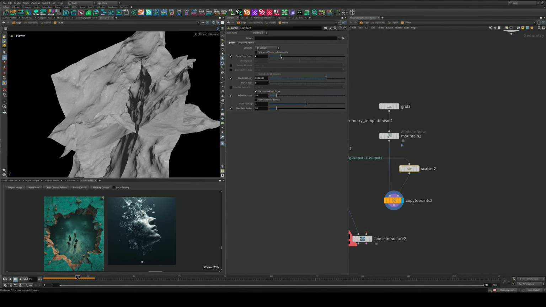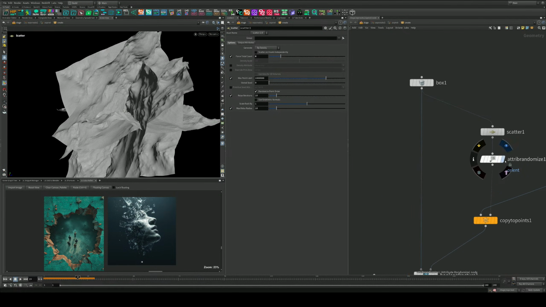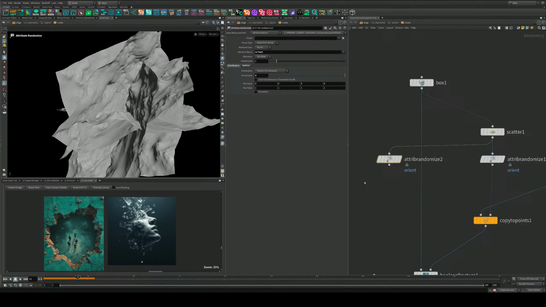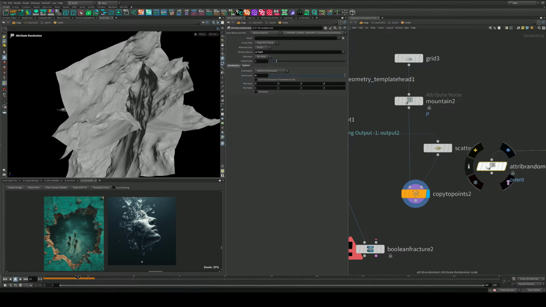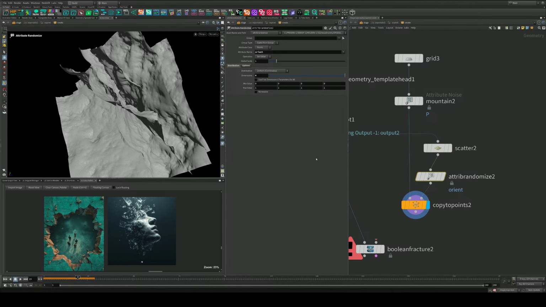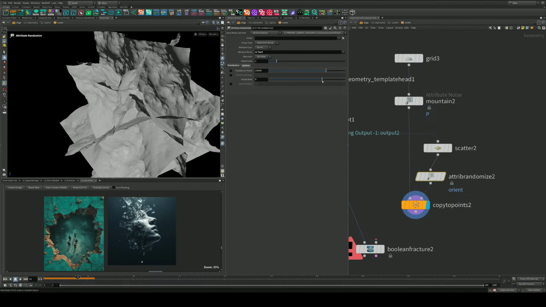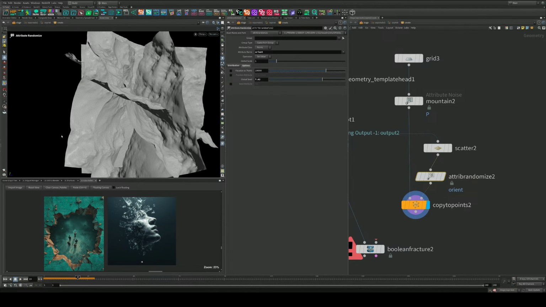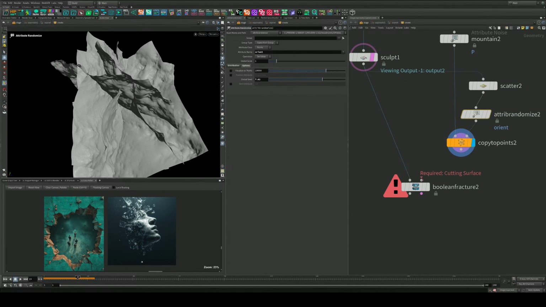We can lower the amount as well. But if we did want to add the attribute randomize for the orient, we can just put it in here. Then that way we can go around and pick different planes in there. So then we connect this here